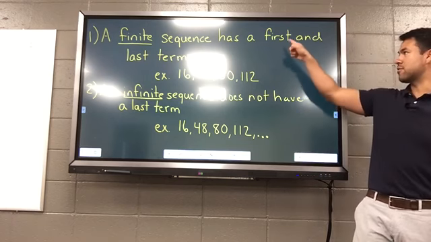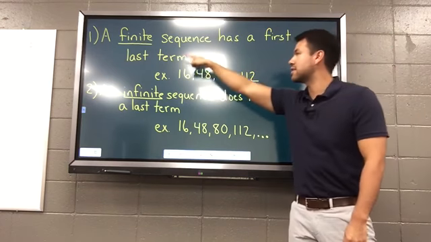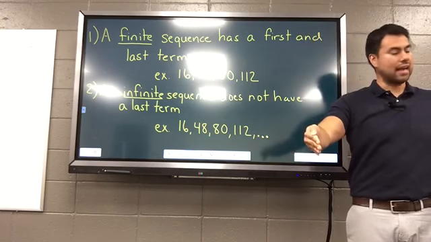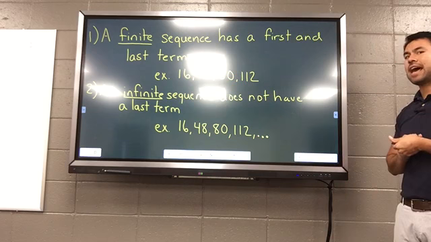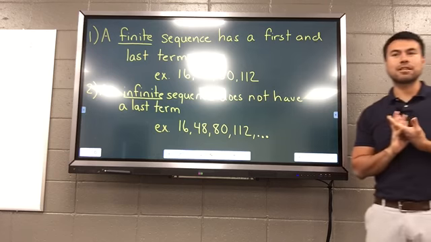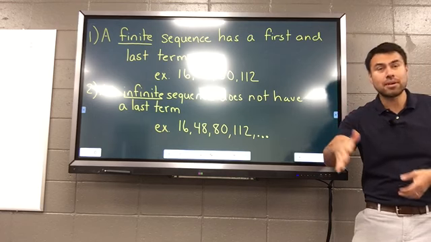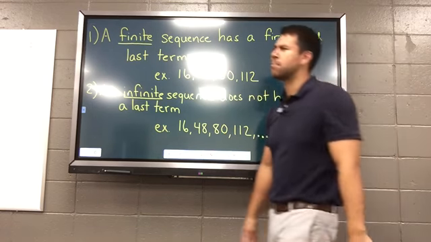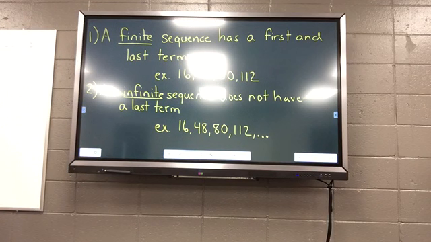And so you guys can see it from the definition. A finite sequence has a first and last term. It has a beginning and it has an end. What about infinite? It does not have a last term. Did I say anything about the first term? No, it can have a first term, but it can also not have a first term. You're like, how is that possible? The sequence started from infinity past and goes into infinity positive or future. But don't get too bogged down with that.